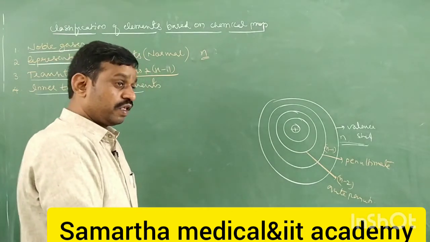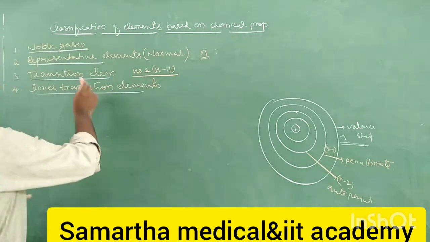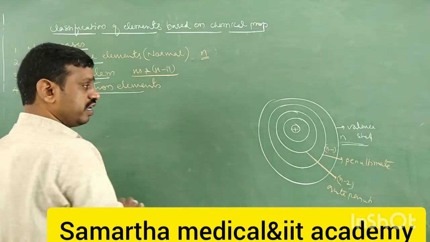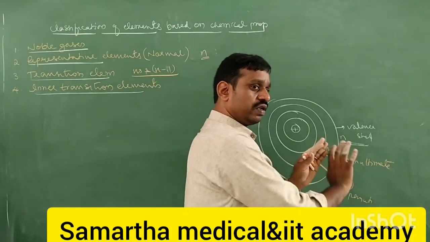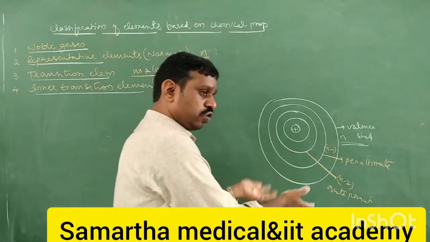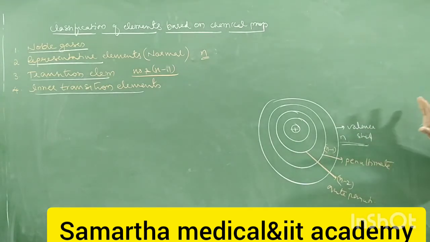Okay, this is one way. Next, another way, when it comes to reactivity. In the case of noble gases, all the shells are completely filled with electrons and they have the most stability, and no electrons are involved in chemical reactions. That is one reason noble gases are called inert gases, because they have a stable electronic configuration. Why? All the orbitals are completely filled with electrons. Therefore in noble gases, no electrons are involved in chemical reactions.